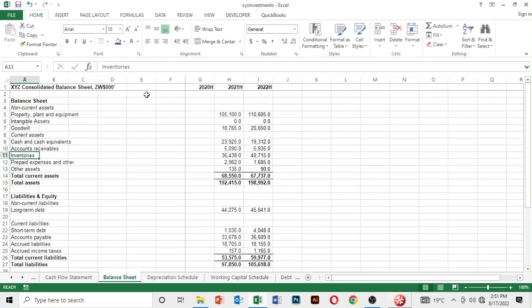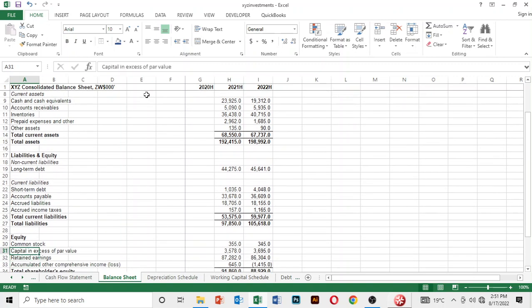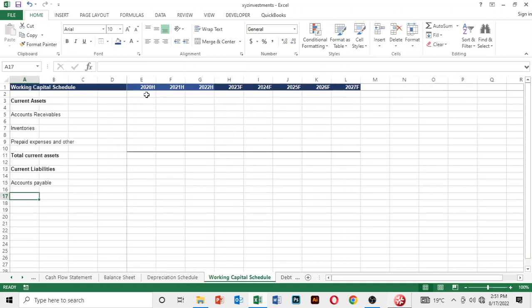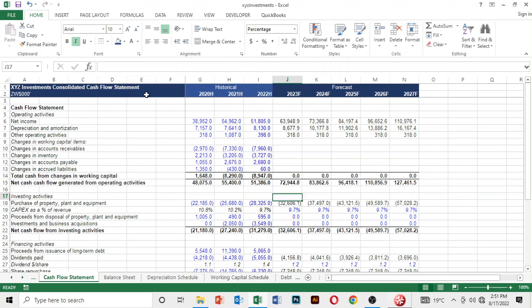Right, let's go back and check in the balance sheet. We've got accounts payable, accrued liabilities. Then let's go here, accrued liabilities, and then accrued income taxes. Okay, but mind you that here in the cash flow statement, when we are calculating changes in working capital,